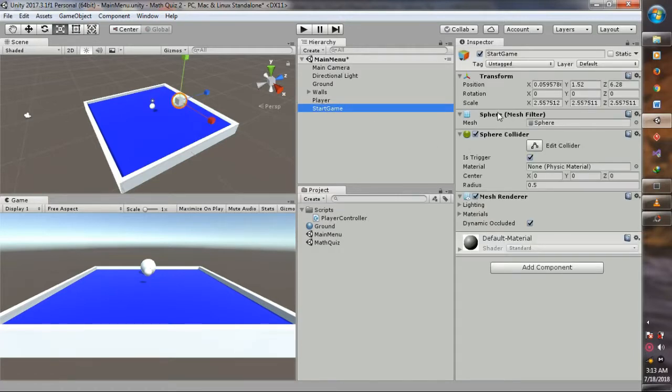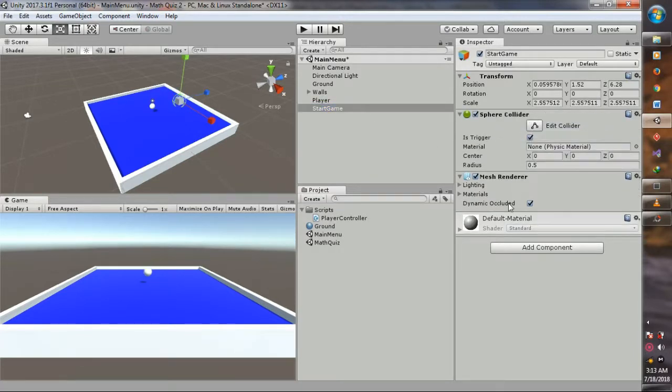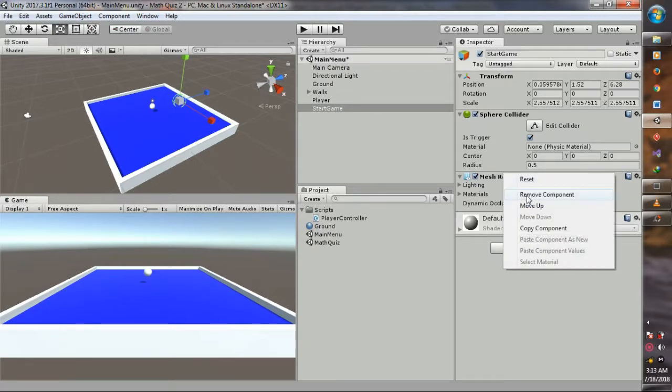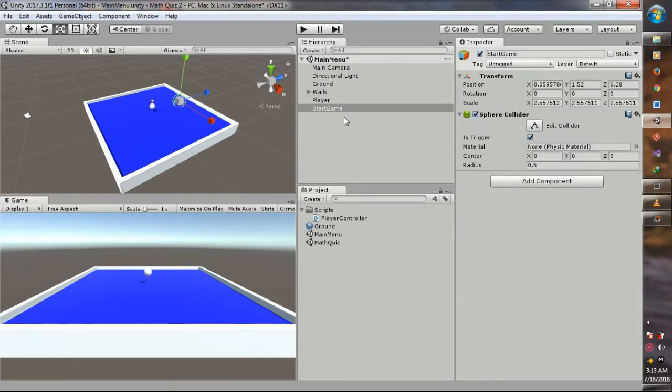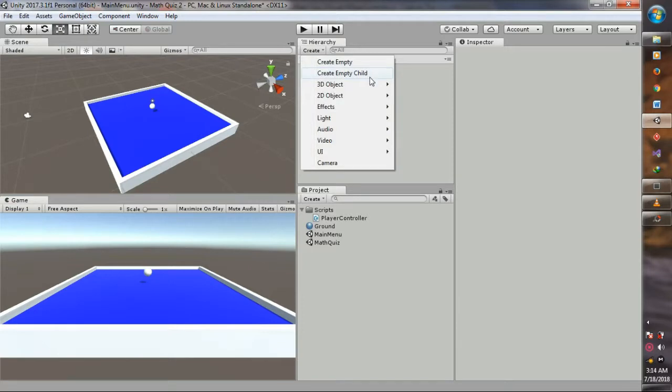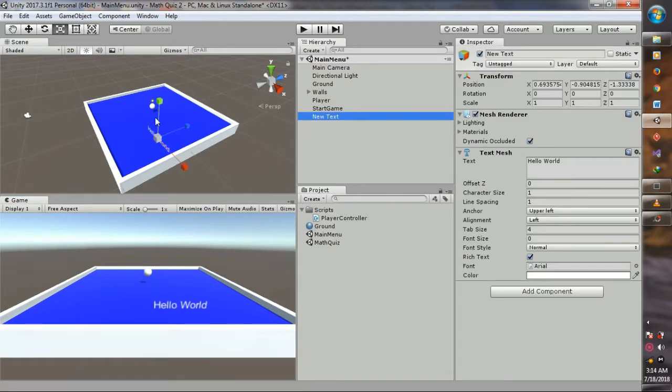Let's remove the mesh filter and the mesh renderer with remove component, and we can create the 3D object text. Put it nearer to start game.